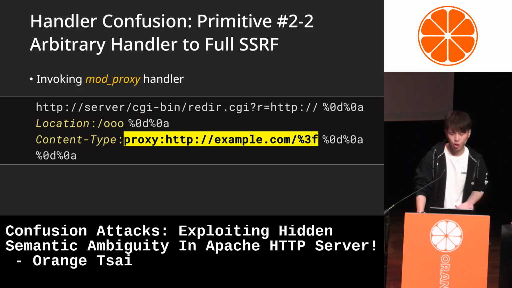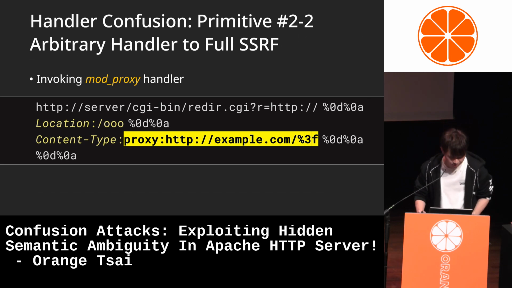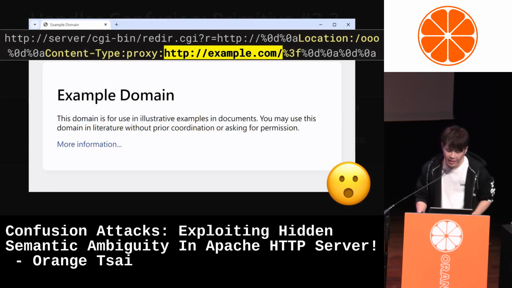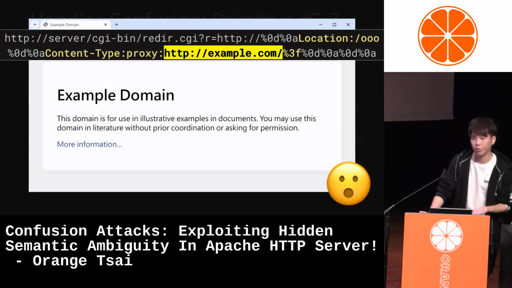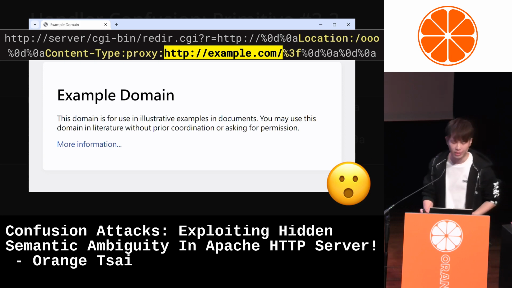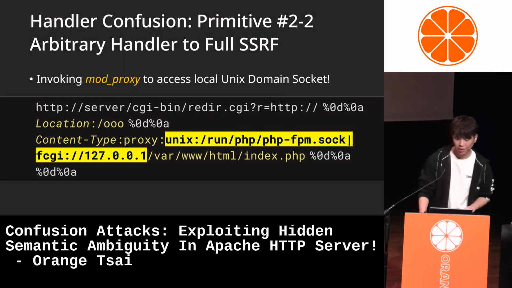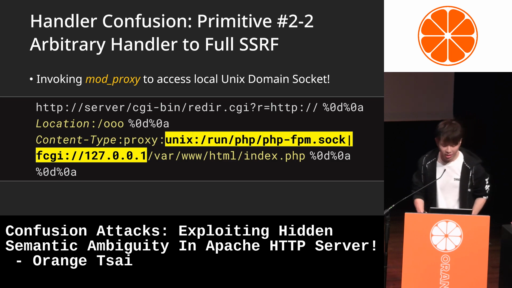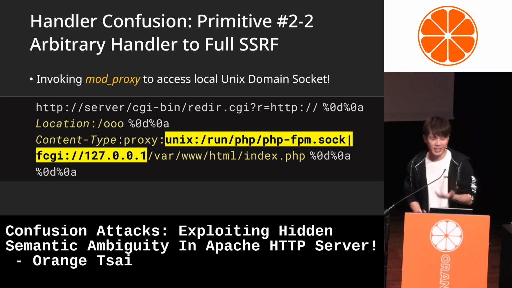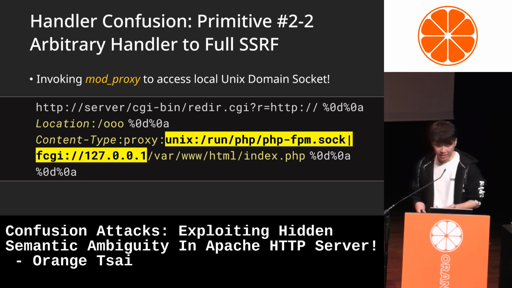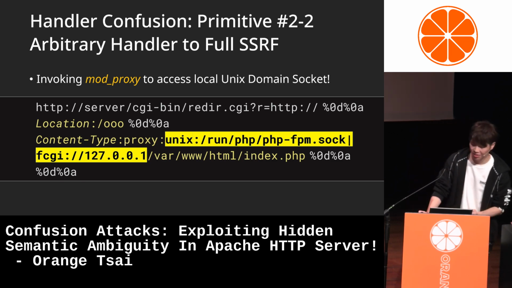You can even achieve SSRF through the proxy module. And this SSRF allows you to control request headers and can read all the response. And super thanks to the convenience brought by the proxy module. The most awesome thing about this SSRF is that it can also access the local Unix domain sockets.